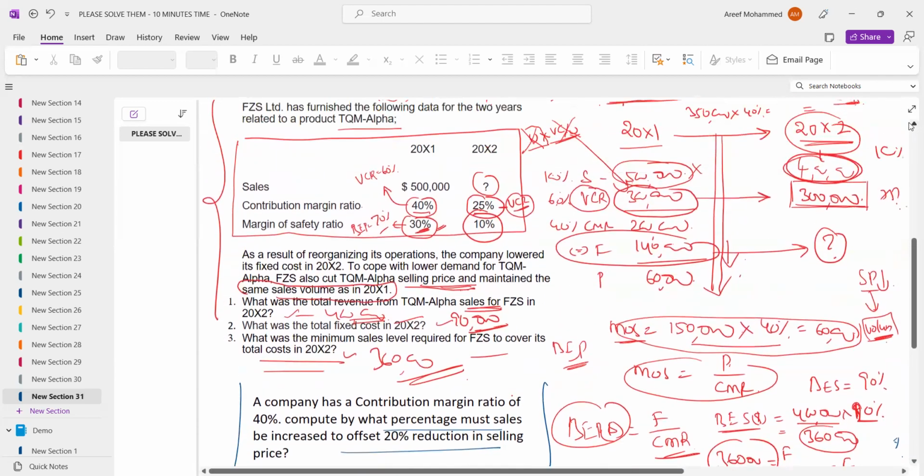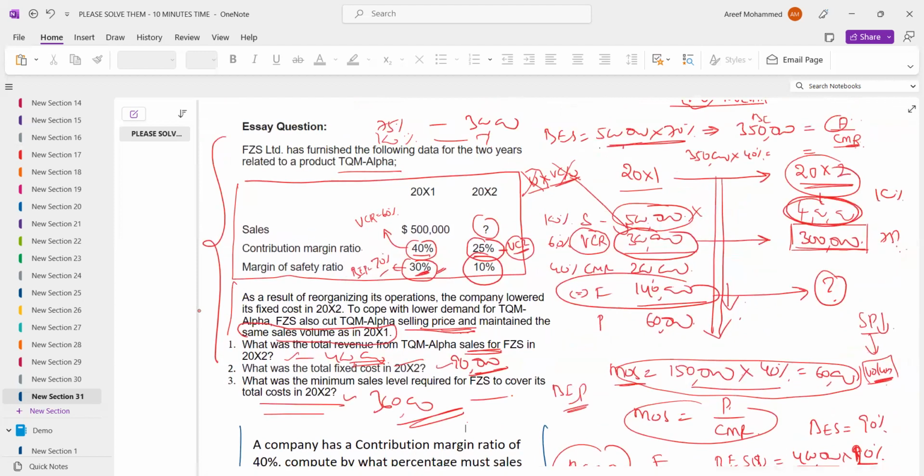The logic point is what? When this is given to you, selling price is decreased, fixed cost is changing, but what is not changing? Variable cost per unit is not changing, and they want to maintain the same level of output. Variable cost per unit is not changed. They want to maintain same level of output, means definitely the total variable cost is the same as what was there in 20x1. That is the only cracking point. In this way,